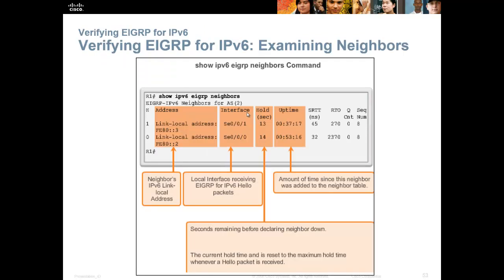All right, again, show ipv6 eigrp neighbors will show me my neighbors. Hey, I got a link local at FE80::3 and a link local at FE80::2. What interface, how long until I declare them down until I receive a hello packet. Now remember, this updates every 5 seconds, so every time I receive a new hello packet, this goes back up to 15. Then it slowly goes down, and if I don't get a hello packet until